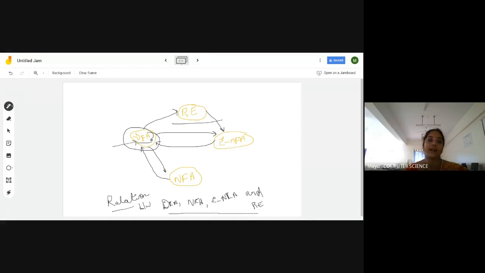See, from a language, you know how to construct a DFA for a language, right? So from a language, we have constructed regular expressions till now. Now, if I provide you a regular expression, you should know how to construct an epsilon NFA. So that is our job right now. Fine?